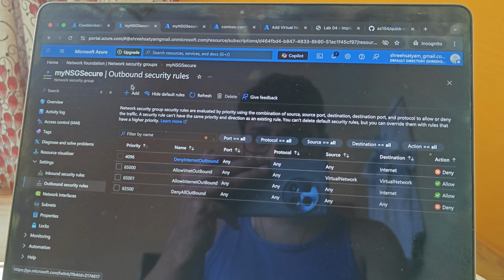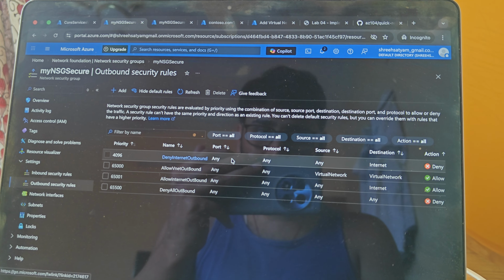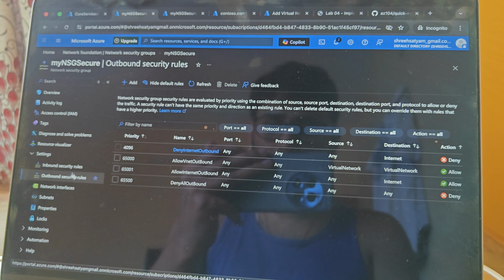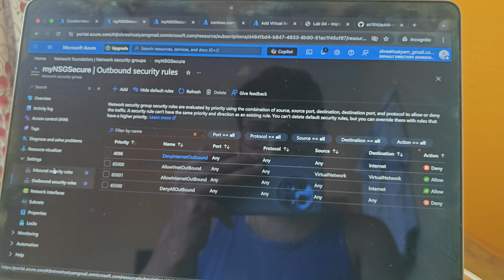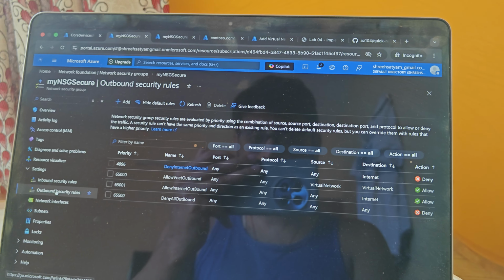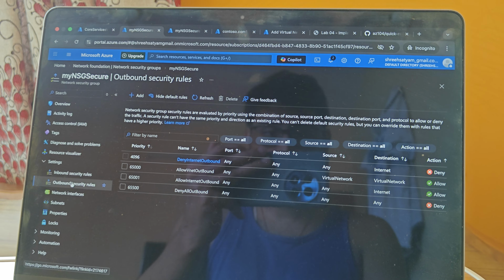To do that, just hit on the plus add button and add your own as guided on the GitHub portal. Outbound rules also you can add as guided on the GitHub portal. Once both are added, your network security group is connected, and you are good with the tasks